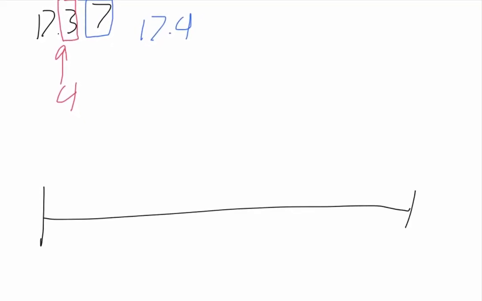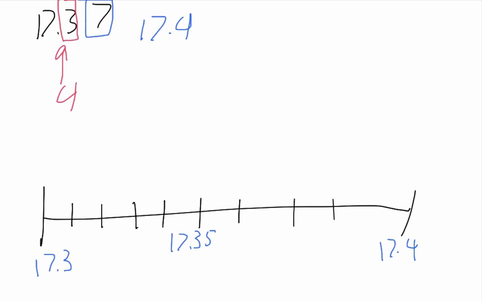If we draw our number line, at one end we're going to have 17.3. At the other end we'll have 17.4. Halfway in the middle should be 17.35. If we divide up the space on either side, we're going to have 1, 2, 3, 4 divisions here, 1, 2, 3, 4 divisions here. And if we label those, we'll have 17.31,